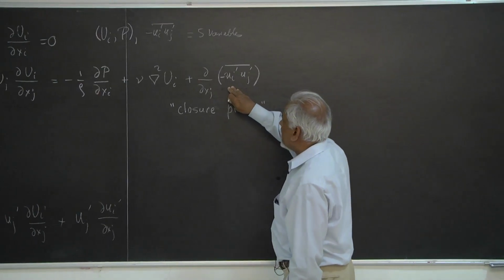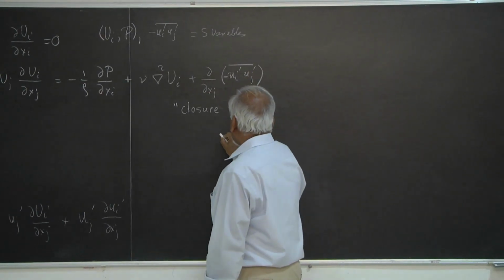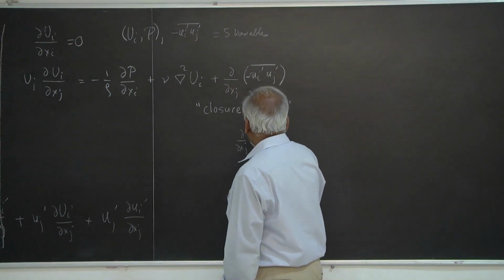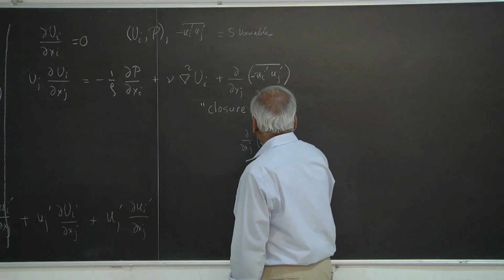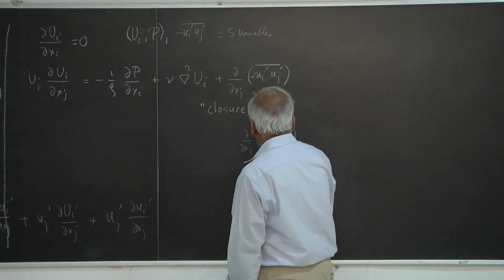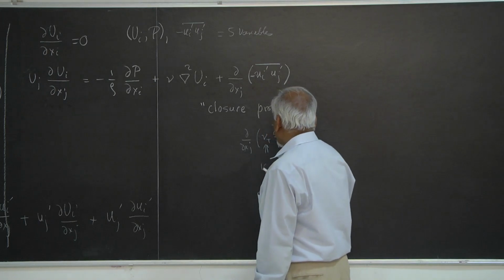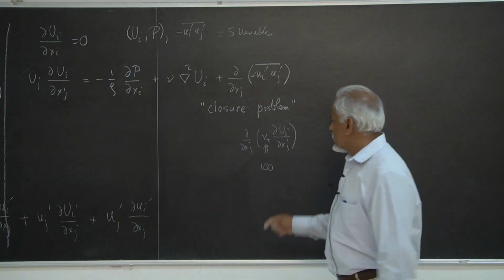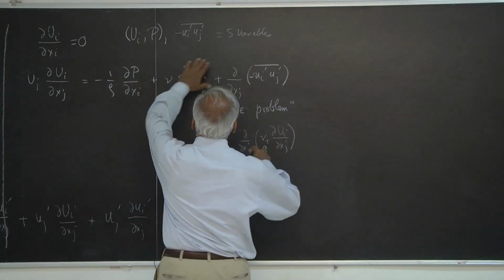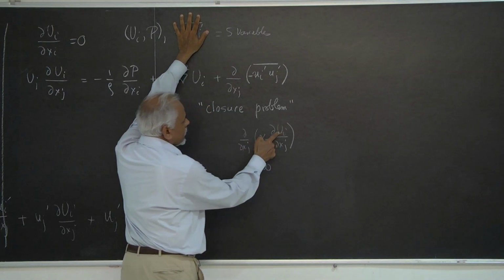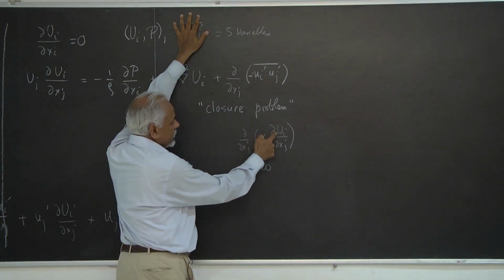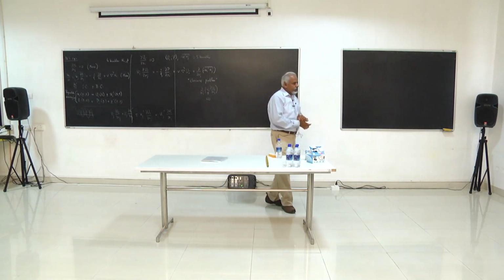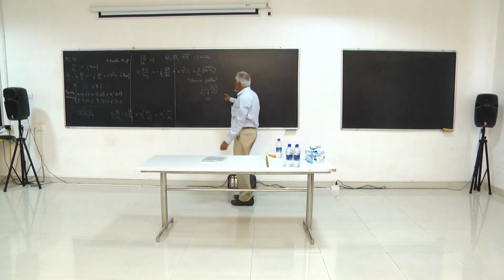Like here, I could have closed it by saying, well, this is d by dxj of nu t du by dxj, and I sort of gave the number nu t. I put it 100, let's say. I don't know, just some number. Then I have closed the equation, right? Because everything is now in terms of ui already, and this term does not exist as a separate thing. And so I have basically closed the equation. But as I said, this is not good enough closure